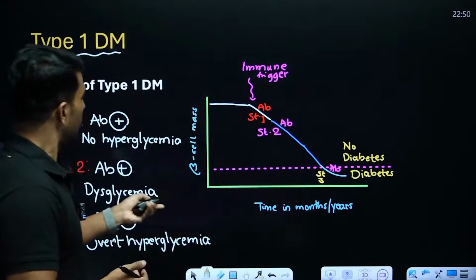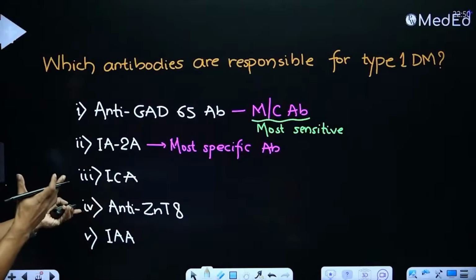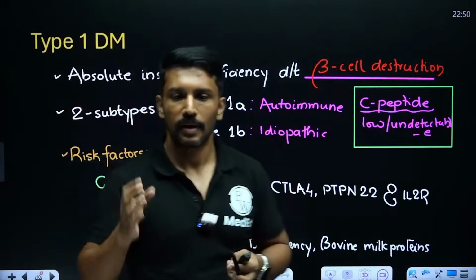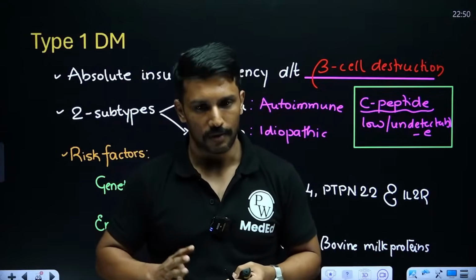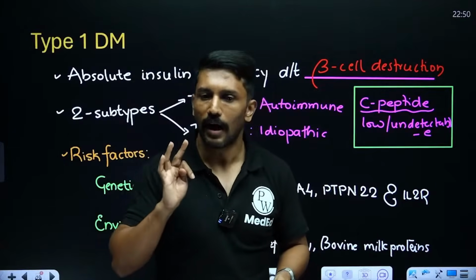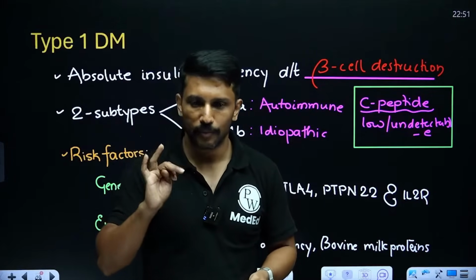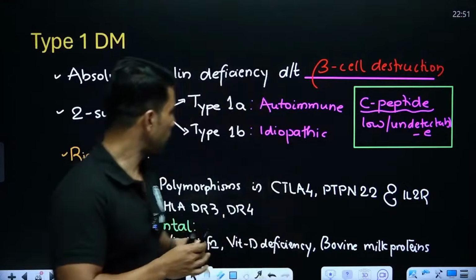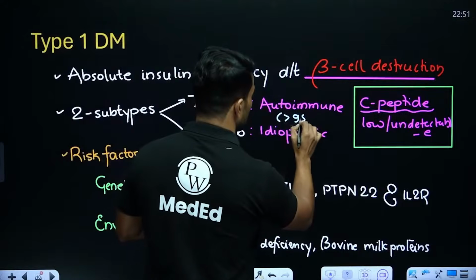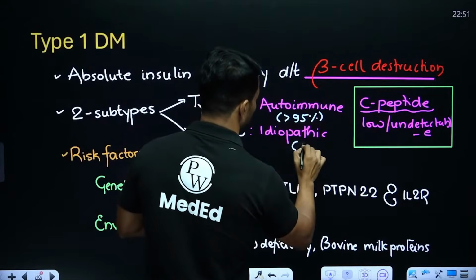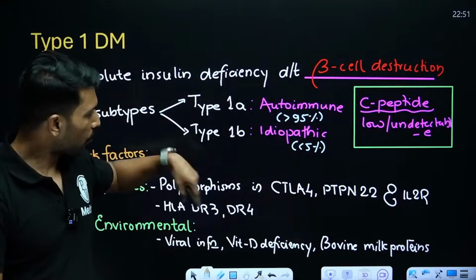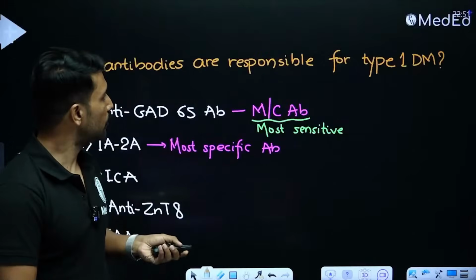Okay. Now, before we move forward, if I have to summarize the type 1 diabetes mellitus, key points we have to remember here is absolute insulin deficiency. Number 2, C-peptide levels will be low or undetectable. Number 3, autoimmunity is responsible for the majority of cases because more than 95% of patients will be autoimmune or type 1A diabetes mellitus. Now, looking at this whole pathophysiology, right, I want you to tell me a few more points.